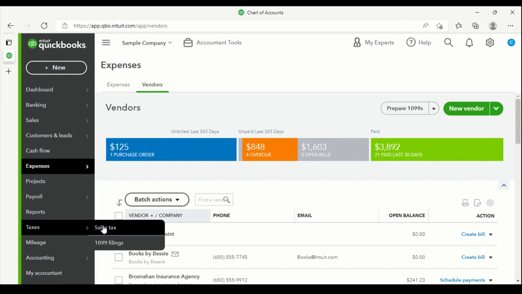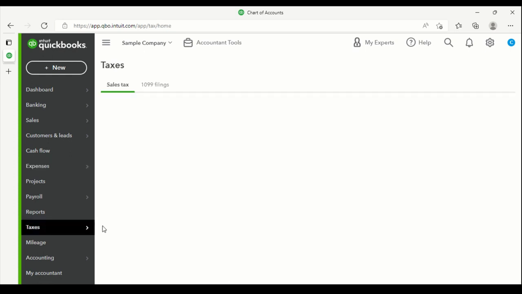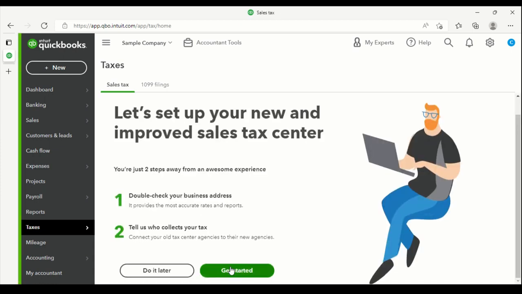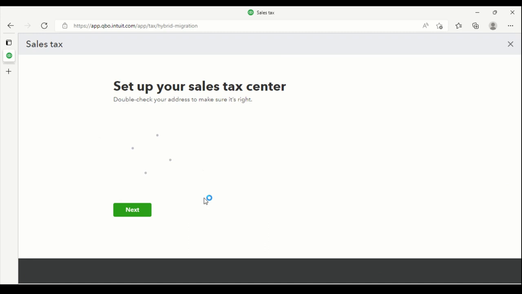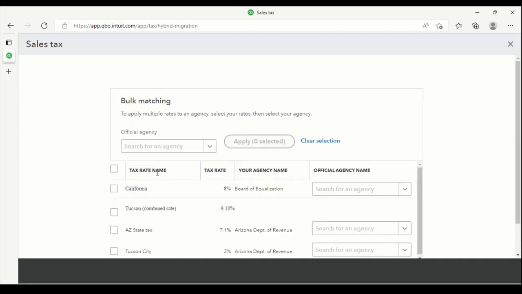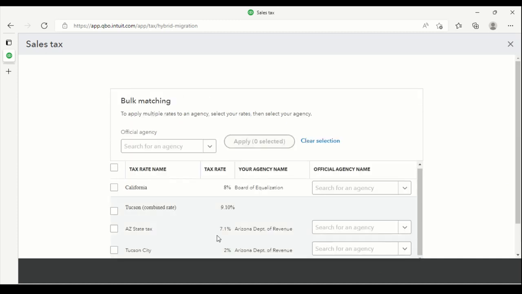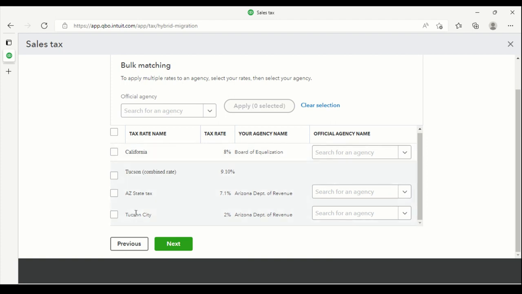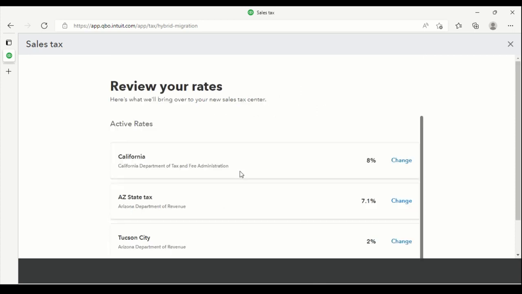Now, if you are going to be doing taxes, so you want to track your sales tax for your different products, you'll click on sales tax, and this one should already be set up. Well, let's go through it. So you click on sales tax, you click next, it's going to populate your business information. Now, these are the different places that this company collects sales tax from. Right. And then I click next,